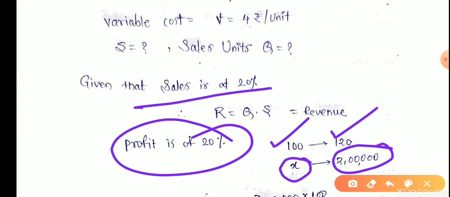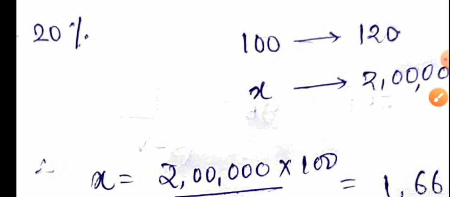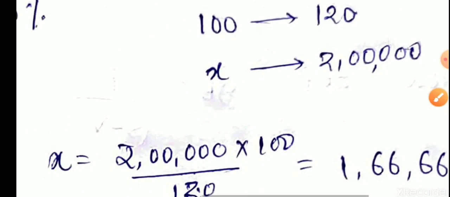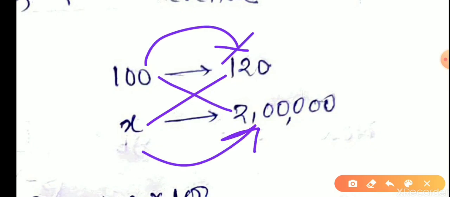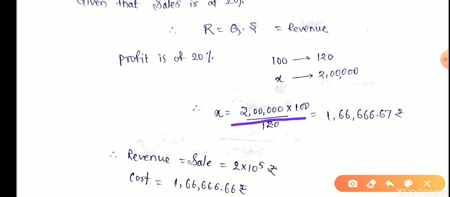After getting this 2 lakh rupees with the 20% profit, we calculate X using cross multiplication. If 100 gives 120, then X gives 2 lakh rupees. So X equals 2 lakh into 100 divided by 120, equal to